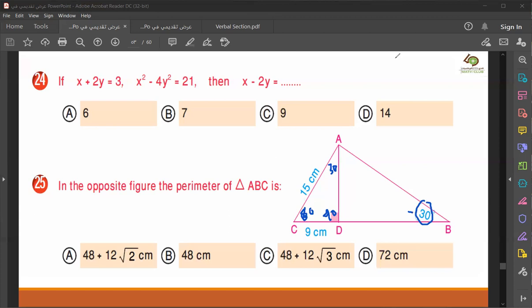Because I don't have angles here, I don't know whether this is a right angle or not. And here 9, how do I find here? We can find it: 15 squared minus 9 squared,